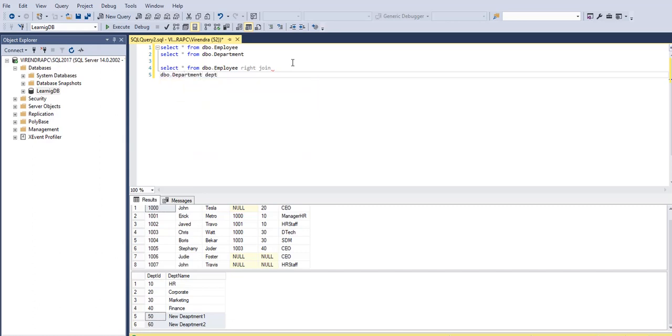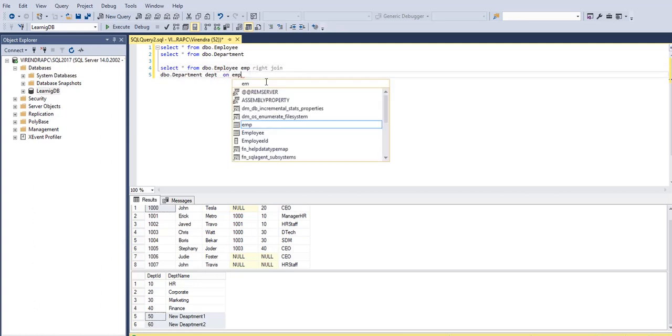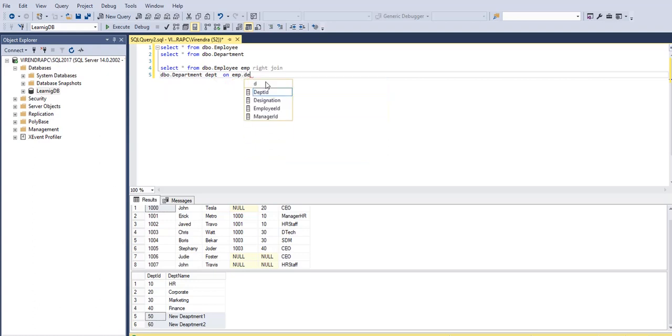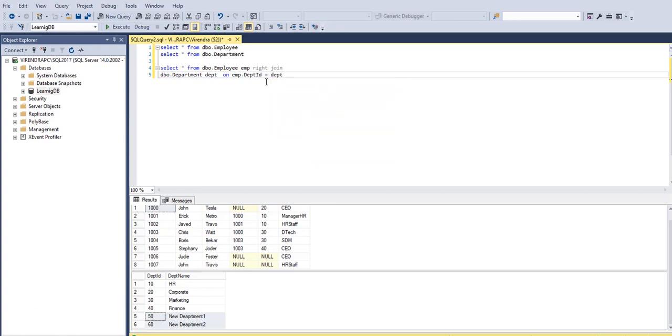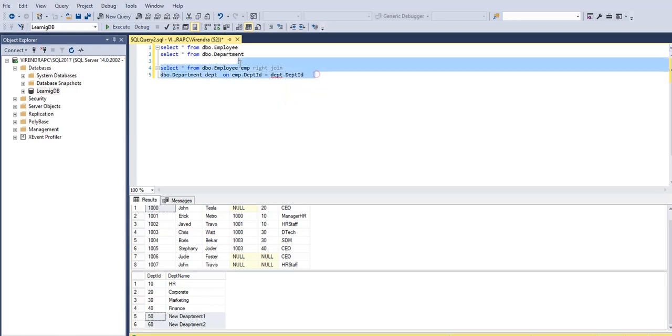Let's give an alias dpt, and an alias for employee as emp, and then we want to do a join on emp.dpt_id is equal to department.dpt_id. So now let's look at what this is going to give us.